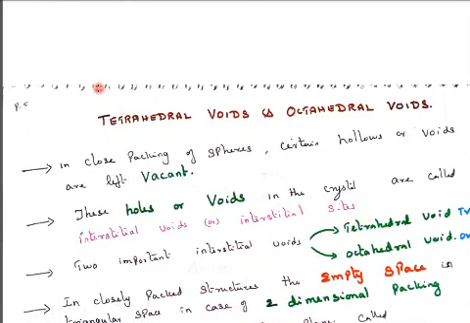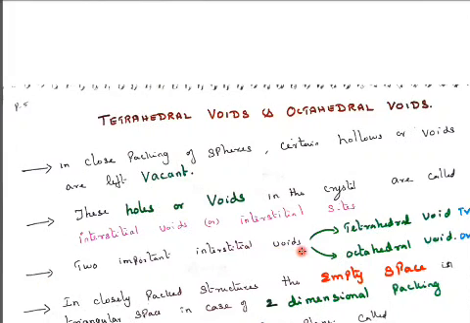For example, if I want to seat four students, one student sits here, a second, a third, and a fourth, like a square shape on the floor. Then I ask a fifth boy to come and sit in between the four boys. That space is called interstitial space. So between four atoms, one space is there. That space is called interstitial sites. The hole created is called interstitial voids or interstitial sites.